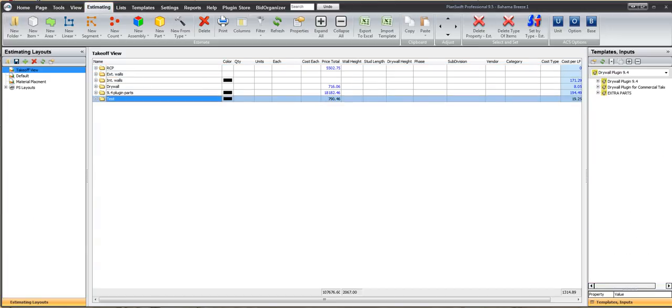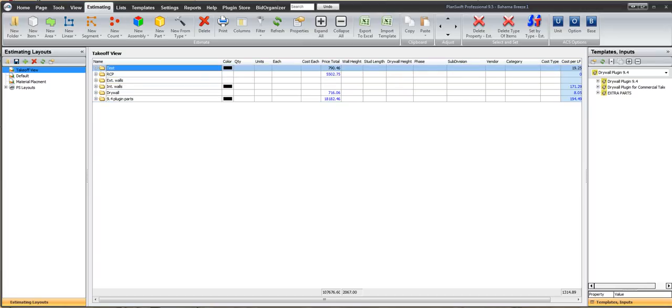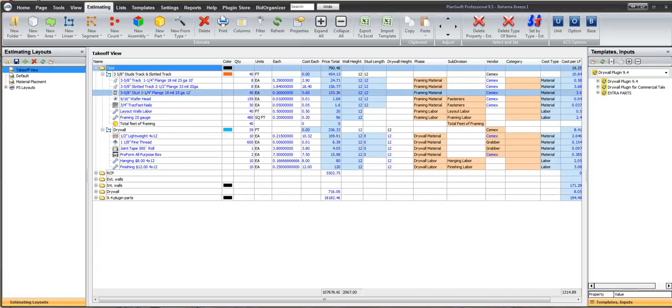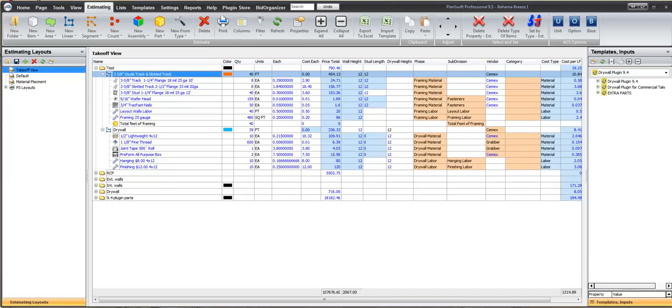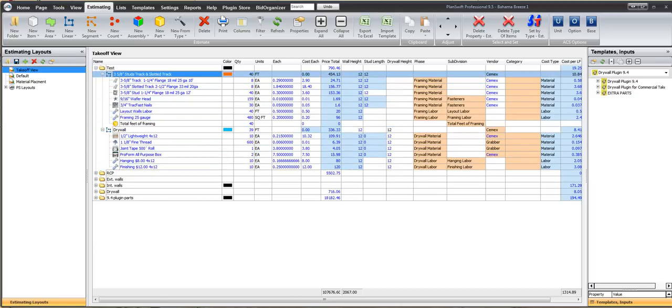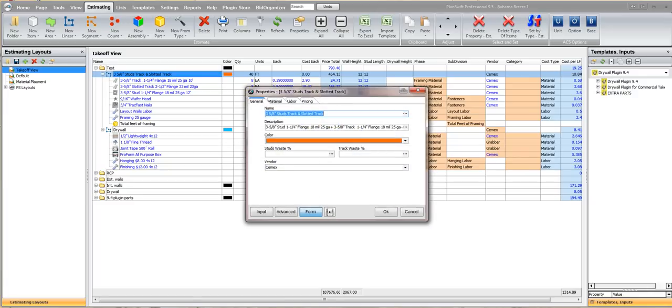Okay, in the test folder, let me drag it up to the top. We can see it better there and work with it. Okay, so here I have both of them. I have the metal studs track and slotted track and labor and material, and here I have drywall, labor and material. What I'd like to do is be able to open the parent of this one and have all these